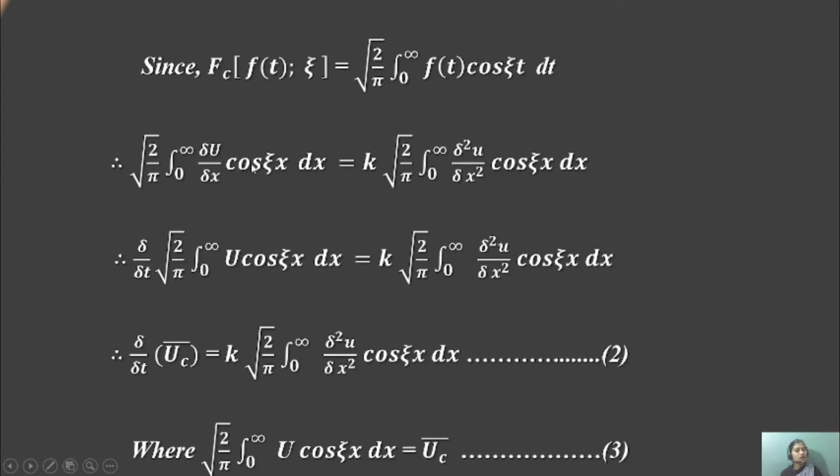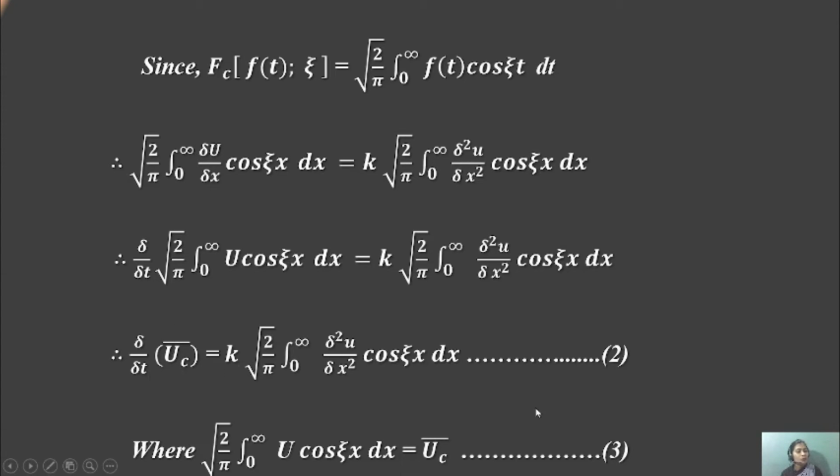You know that in this form the left hand side equals the right hand side, and k will be putting all these values, ∂²u/∂x². The value of ∂u/∂t will be generated as square root of 2/π integration 0 to infinity u, considering this form, cos ξx dx, and the same value will be generated. Then ∂/∂t of this equation is called the cosine form of u